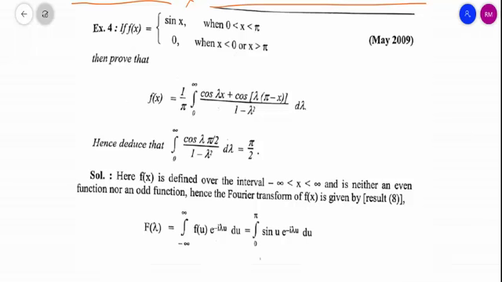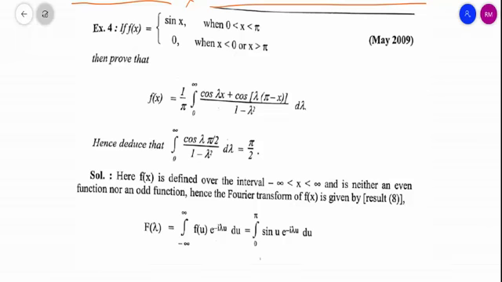So with the help of the graph, we can't apply the formulas regarding Fourier sine transformation or Fourier cosine transformation, or formulas regarding an even function or odd function. So we have to use the formula regarding the Fourier transform defined on the interval minus infinity to infinity, and that formula is given by f of x equal to this. These are the limits of u varying from minus infinity to infinity.